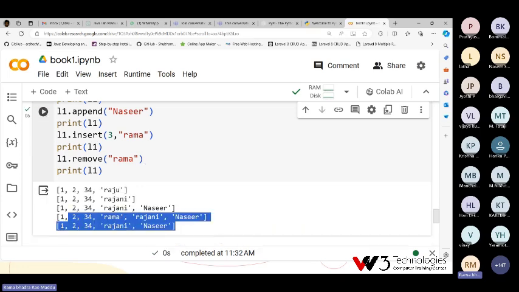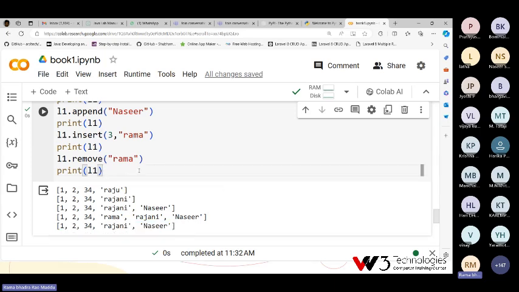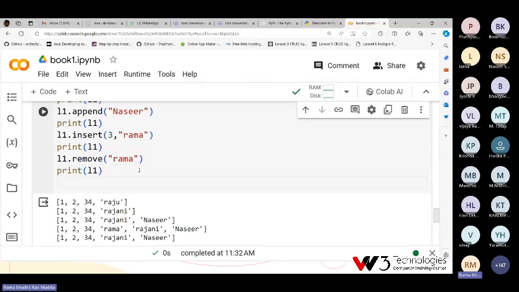Now after printing, Rama is not available in the list because the Rama data is removed. If I want, I can sort in an order, or I can make it reverse. I can do several things by using the list. A number of functions or methods are available in list.